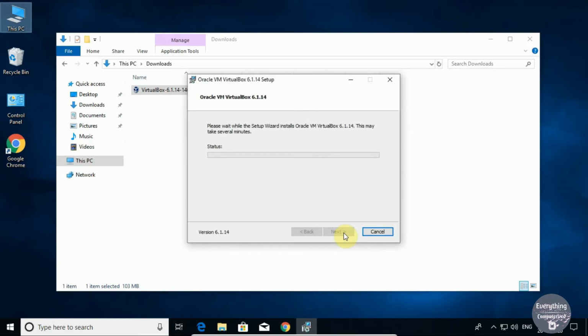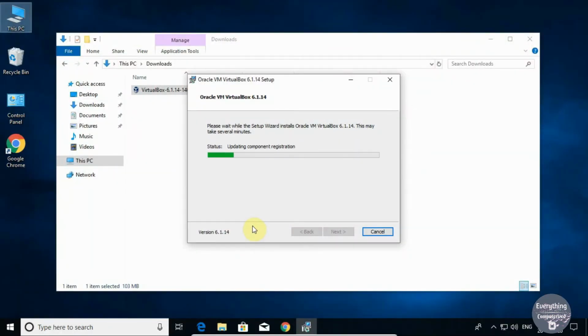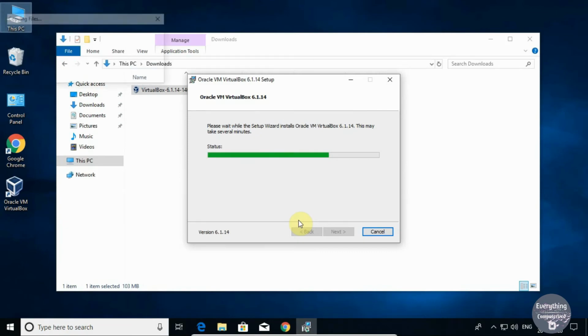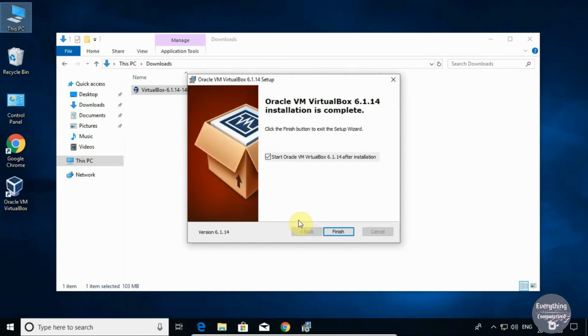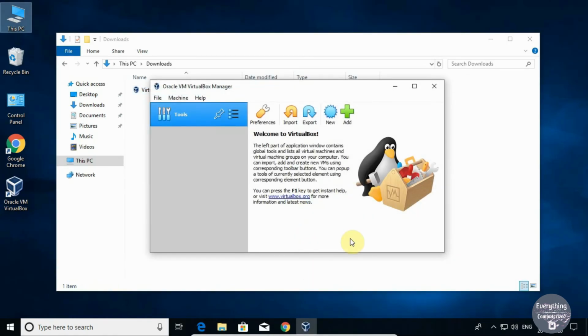It will ask for your permission, so click on Yes. And now it will start installing VirtualBox. So the installation of VirtualBox is complete. Click on Finish and it will launch the VirtualBox Manager.